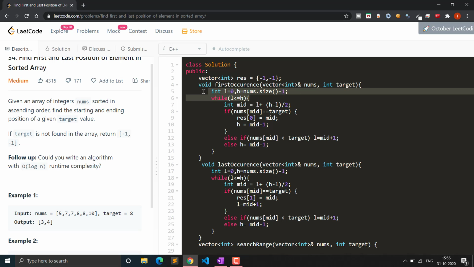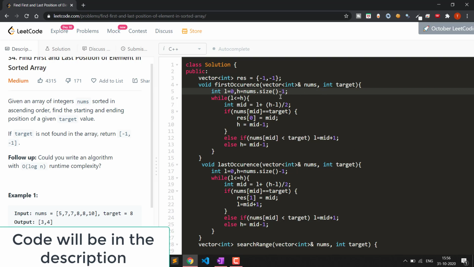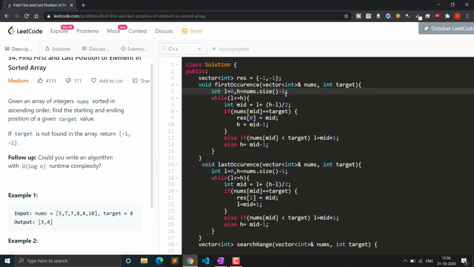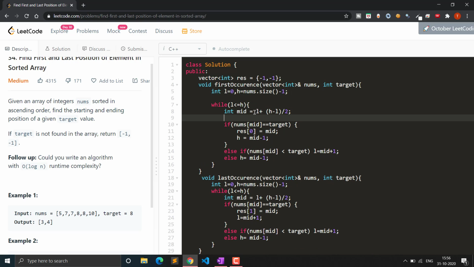What we will do is simply run a binary search over this vector using the target. You can see here left is set to 0 and high will be n minus 1, and it will run while left is less than or equal to high. We will calculate the mid. You should always calculate the mid by this formula, not simply left plus high, because it would cause an overflow error. So that is why you should use L plus (H minus L) by 2. I'm not explaining it here, so you can simply understand it yourself.